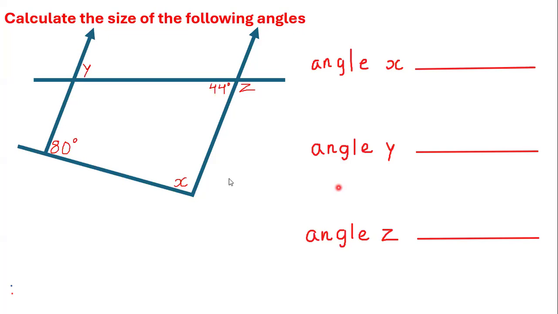I feel like it is co-interior. I don't think that's co-interior. I think the one under Y would be co-interior with 44. Okay, why do you mean it was co-interior with 80? That's what I'm trying to say. So co-interior, then 180 minus 80. Yeah, she's saying co-interior with 80. Would that work? What do y'all think?